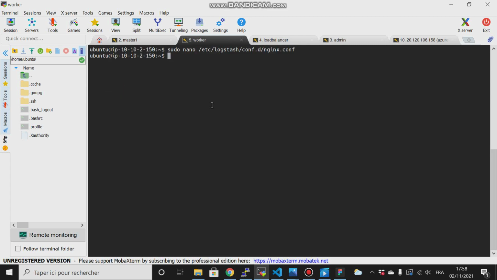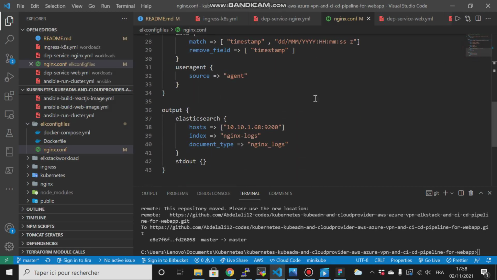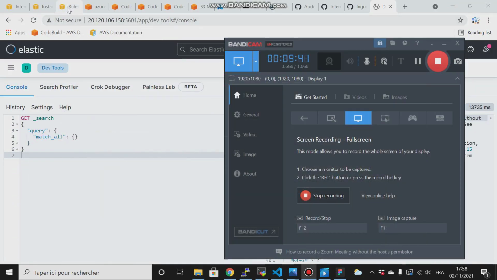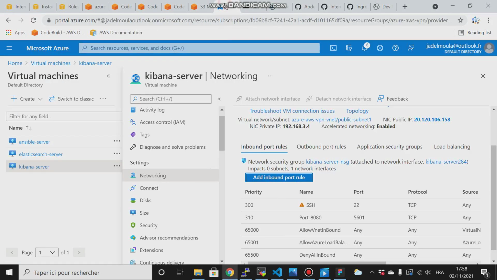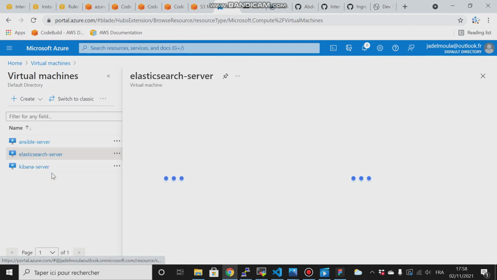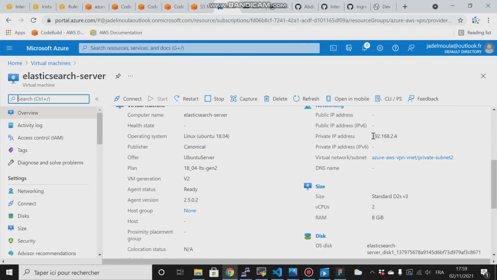And one thing I have to modify here is the IP address of our Elasticsearch. So if I come back here, go to Elasticsearch, scroll down here, copy